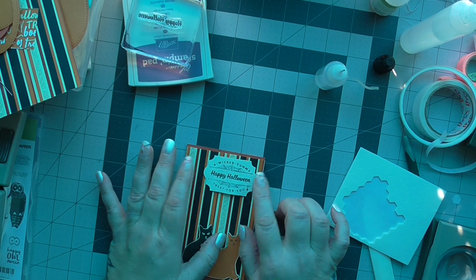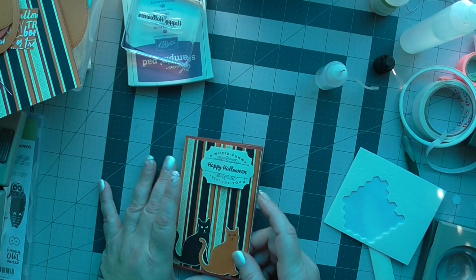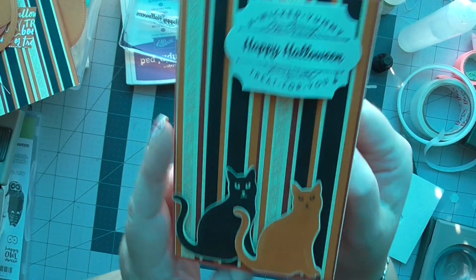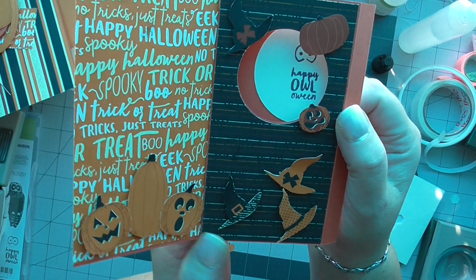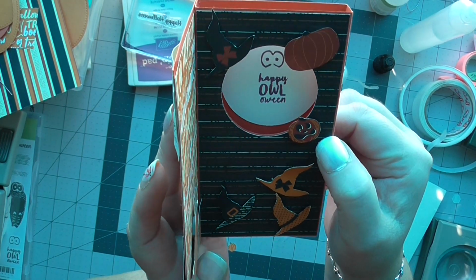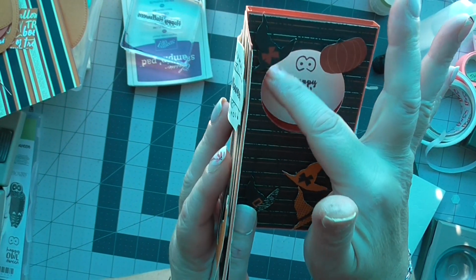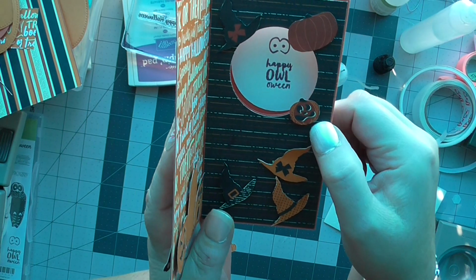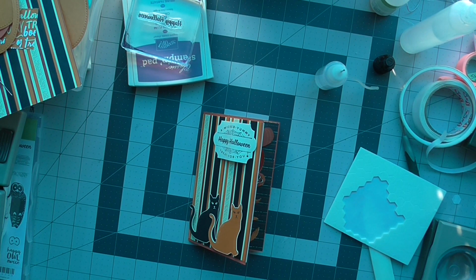And that just says, a wicked yummy treat for you and Happy Halloween in the centre. And this is our card. And it's got Happy Halloween. I mean, you could always stamp the owl, I suppose, on the side there. What I'm going to do again is get my black,